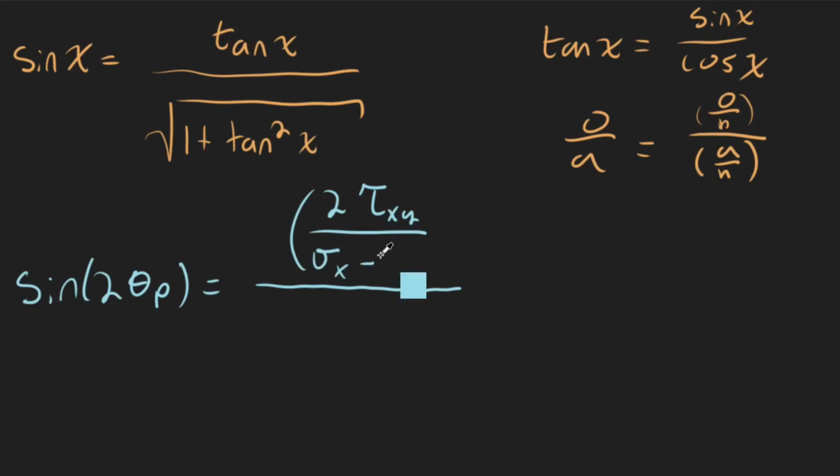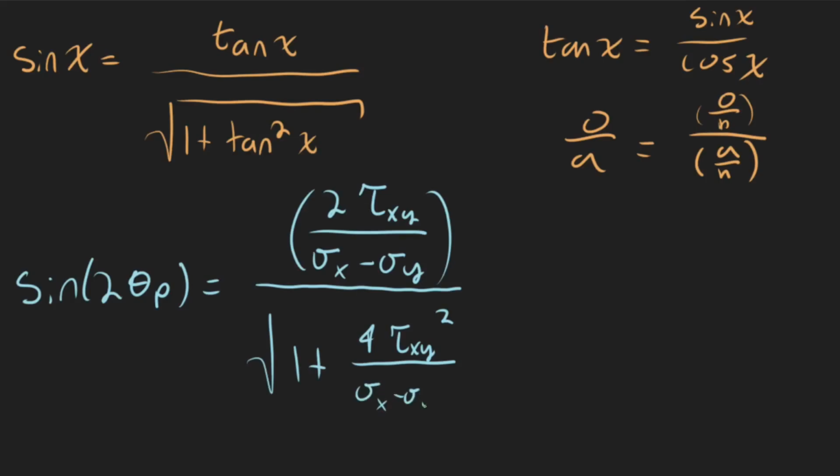This should be a minus sign. Sigma y. And then we'll have the square root of 1 plus, and if we take this squared, what we're going to get is 4 times our shear squared divided by sigma x minus sigma y as a quantity all squared, just like that. And now if we go ahead and bring this term down into here, what we'll get is